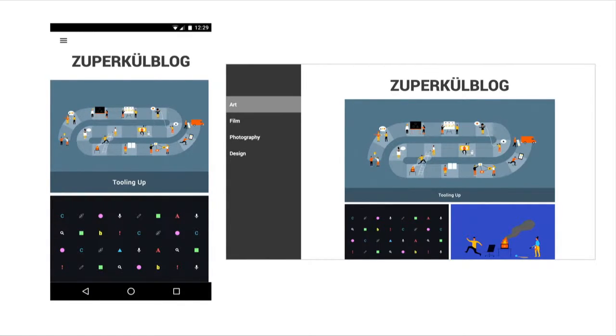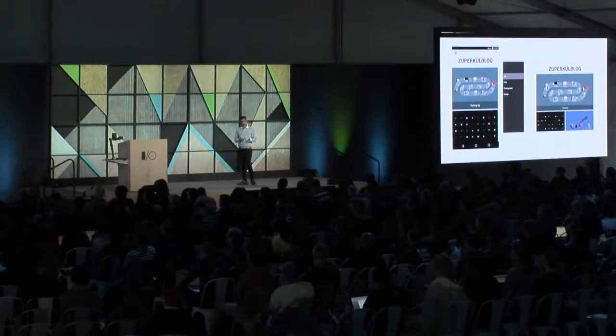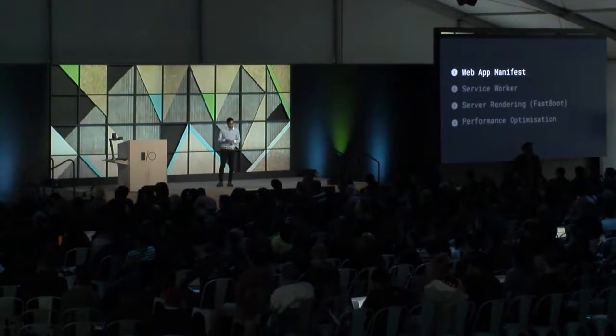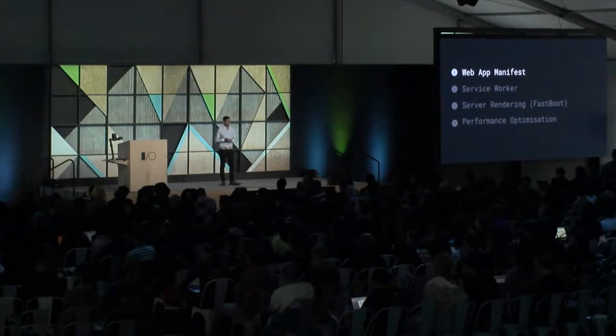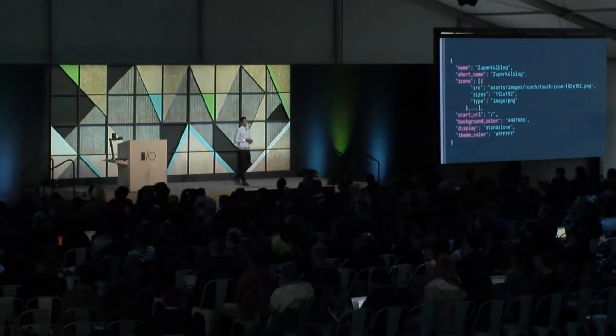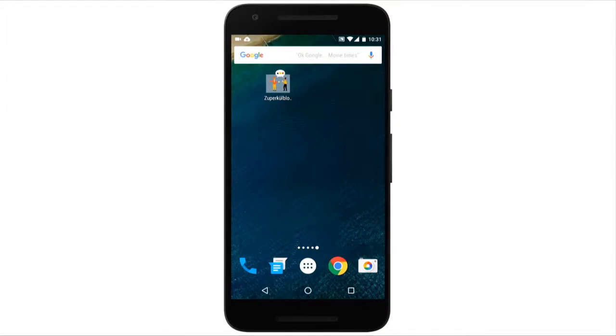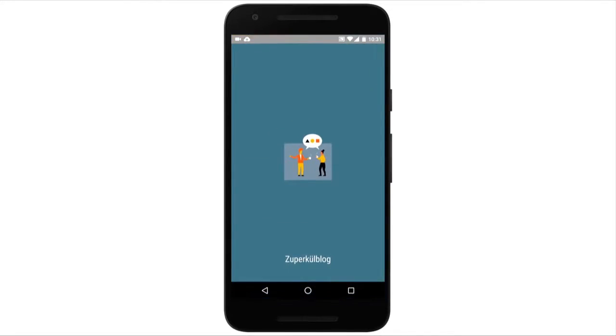So we've used Ember CLI, we've scaffolded out our views, added some CSS. We're just using templates to load in the content. It's nothing particularly complex just yet. Now, the first thing we're going to do is add in the web app manifest. Similar to the other sites, it's not particularly difficult. It's something that takes 5 minutes a lot of the time. So we add this in, and this just makes sure that when the user comes to trying to add the site to their home screen or launch